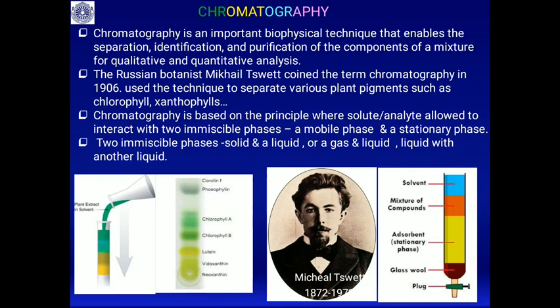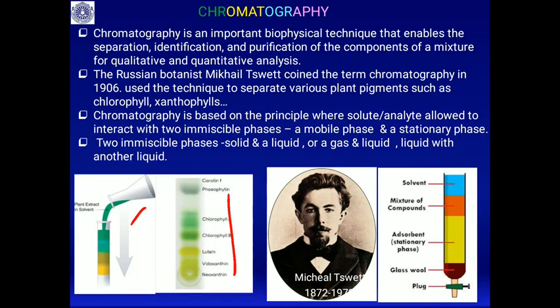The Russian botanist Mikhail Tsvet coined the term chromatography in 1906, using this technique to separate various plant pigments such as chlorophyll, xanthophylls, carotenoids. You will see here, any plant leaves are homogenized and get separated into chlorophyll A, B, and you will find the carotenoids, xanthophylls and all, which get separated here in this